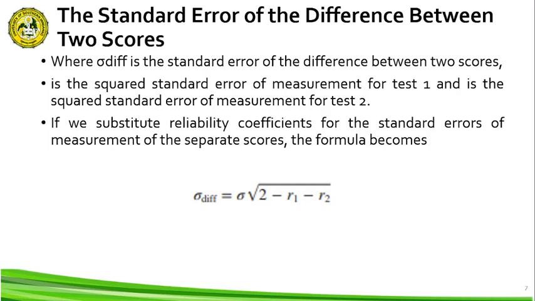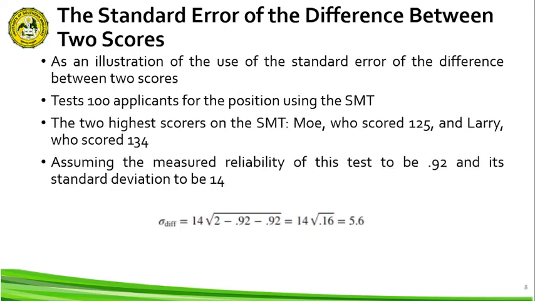If we wish to be 95% confident that the two scores are different, we would want them to be separated by two standard errors of the difference. A separation of only one standard error of the difference would give us 68% confidence that the two true scores are different. So, as an illustration of the use of the standard error of